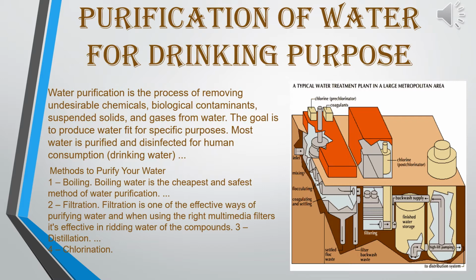The clear water from the sedimentation tank is filtered through a layer of sand and gravel. Gravel means stone chips. Filtration is also done through activated charcoal, which gives better quality water. Next step is chlorination. To disinfect water finally, it is chlorinated by chlorine gas, which kills germs, harmful bacteria, etc. And the last one, the purified water is pumped into the supply system. This water is used for drinking and household purposes. So this is the total large scale water purification.